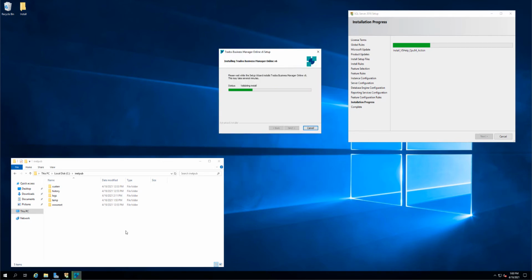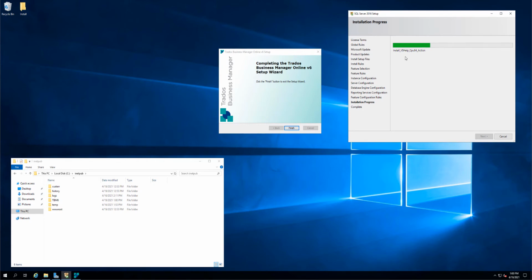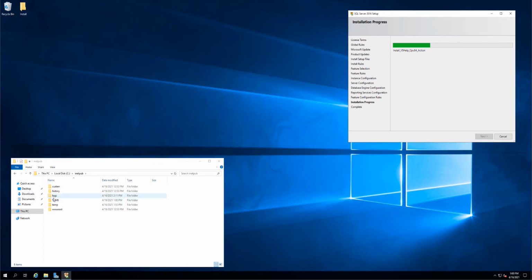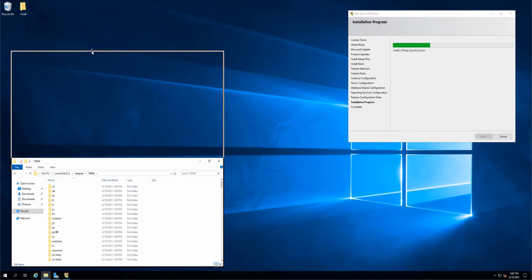So we need a few things. I will just repeat. This is the web server, and we get IIS Manager. To get this, WebSockets is mandatory to install as a feature of the web server. It's very important. Then we need a database management system like SQL Server, which is still installing here. It always takes time to install it. And we need Business Manager itself. All right, so installation is done, and here you will find all the files for